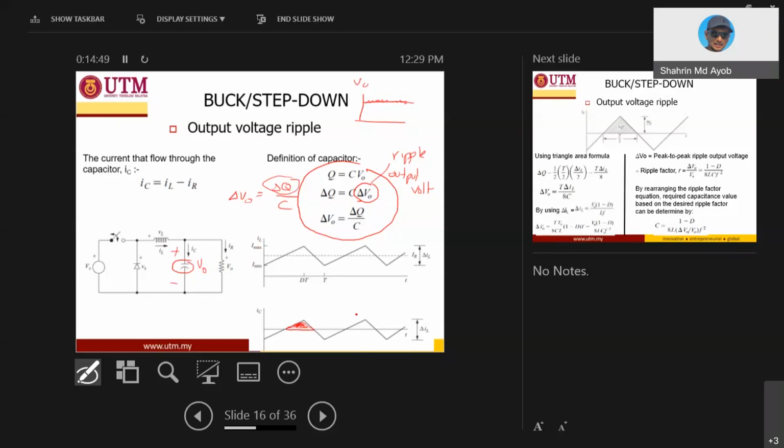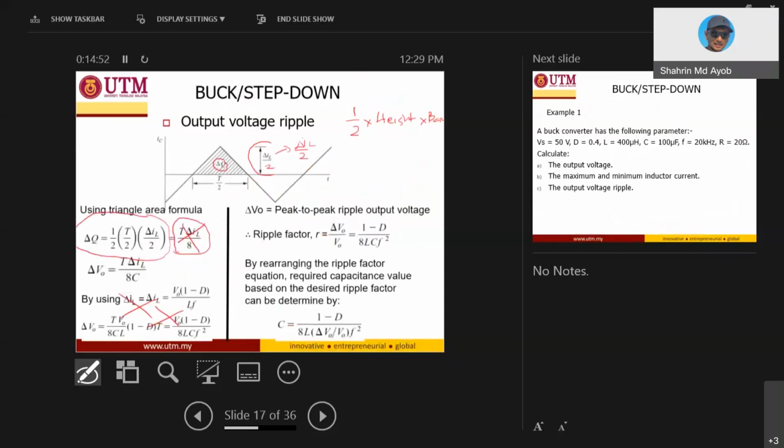So the next slide shows the equation for calculating the charge, by using the triangular formula: 1/2 multiplied by the height multiplied by the base. Can't see it? Okay, so if you obtain this,